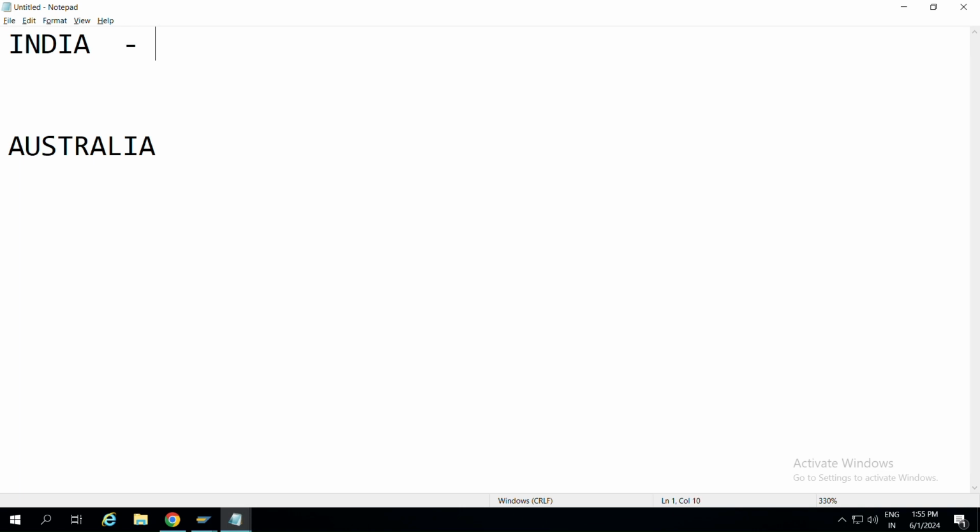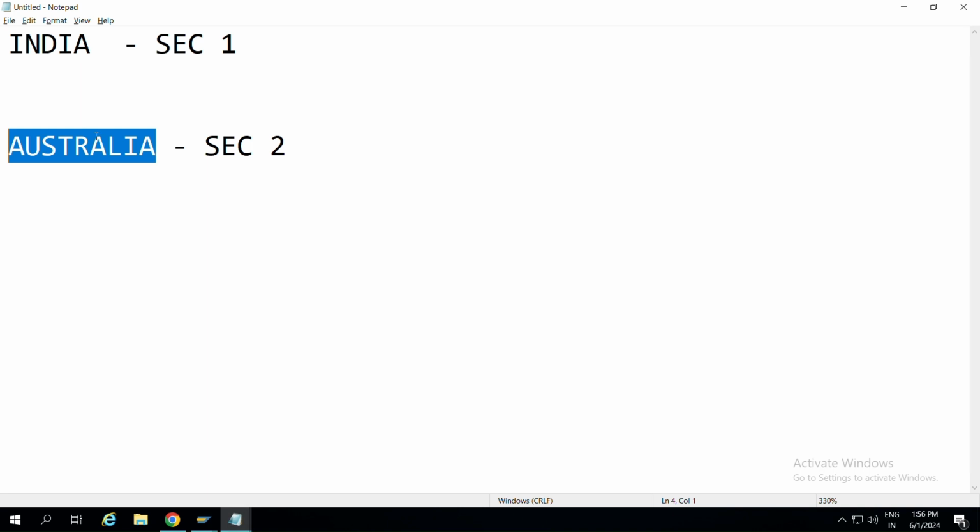So for Indian users, there will be one security guy. His ID will be security one, and for Australia it will be security 2. Okay. There is a scenario that Indian users should edit or change the password for only this Indian security guy, who should edit or modify users. He should have access to user master records only for Indian users. And this Australian security guy should have access only to Australian users.